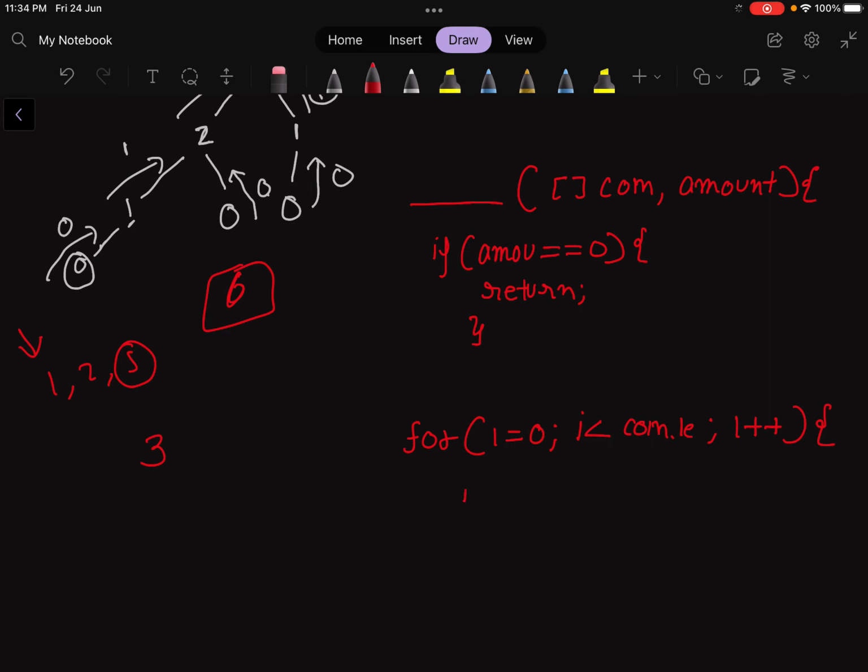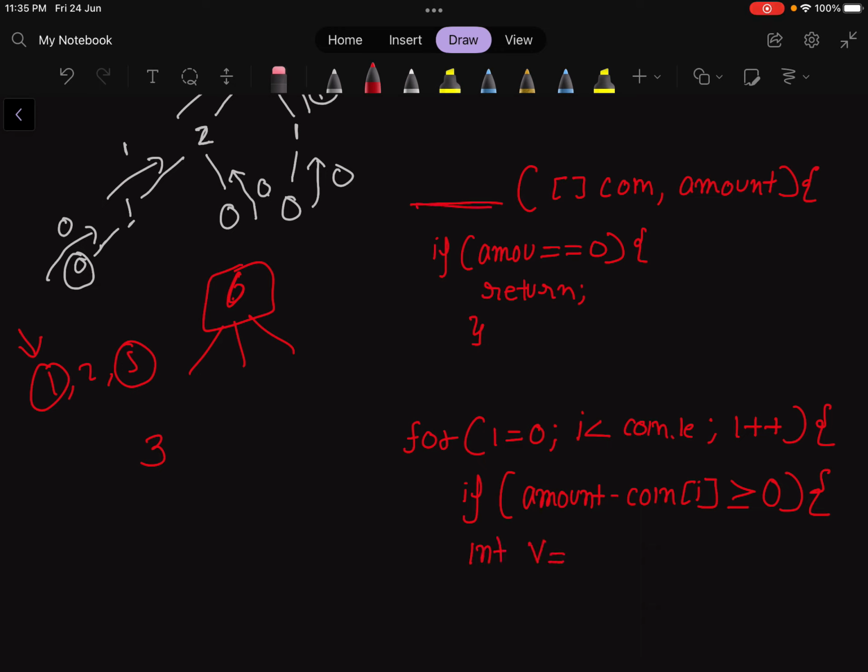If your current amount minus a particular coin, like if you have amount 6 and you choose 1 or 2 or 5, it will always be greater than or equal to 0. So it will satisfy the condition,